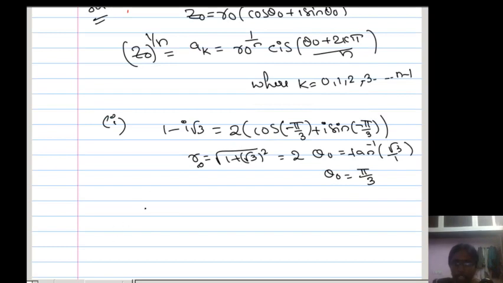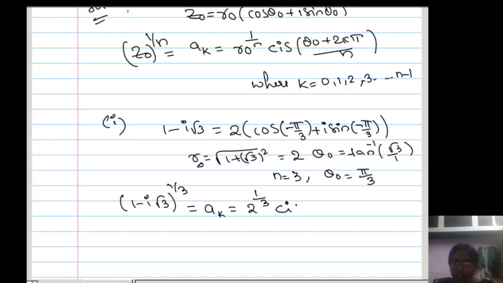So now how to write the nth roots of 1 minus i root 3 by using that formula, power 1 by 3. N is equal to 3 here. What is n here? 3. Cube root we are going to find. So by using the formula I can write a_k is equal to R naught, which is root 2 power 1 by 3, n is equal to 3 because cube root we are finding.